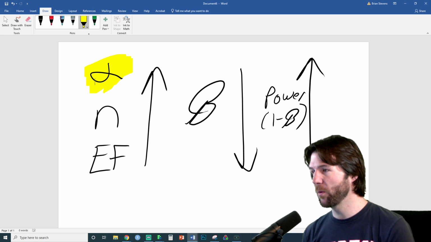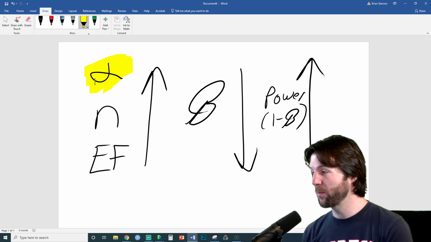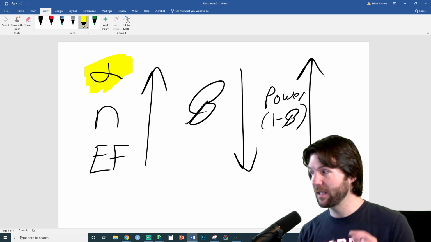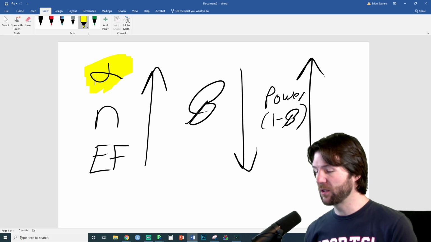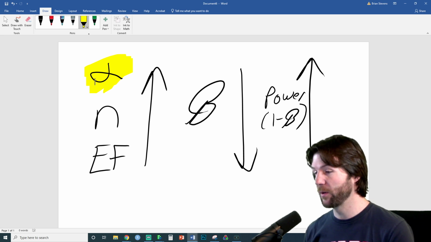It's how willing you are to reject the null when it could be due to random chance. So when we set the alpha to 0.05, we're saying that 5% of the time, our results could occur by random chance, and we'll reject the null and say we have evidence. So literally, this thing I'm highlighting right now is the percent of time you are willing to reject the null and say you have evidence for the alternative when it could just be due to random chance.